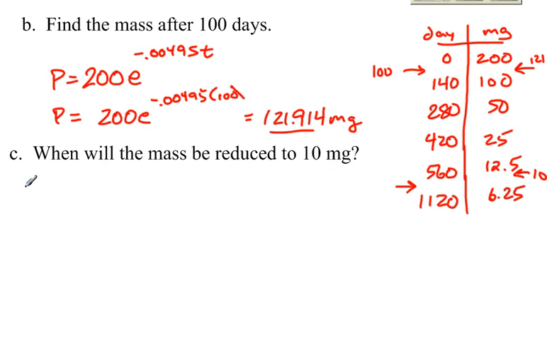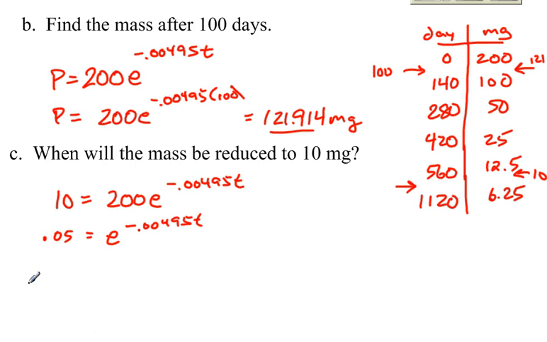All right, so let's give this a go. 10 equals 200 e to the negative 0.00495t. Our first step is to divide by 200. So 10 divided by 200 gives us 0.05 equals e to the negative 0.00495t. I take the natural log of both sides. Natural log of 0.05 equals negative 0.00495t. And then for t, I'm just going to divide those numbers. So I've got natural log of 0.5, and I divide it by negative 0.00495. And my answer comes out to